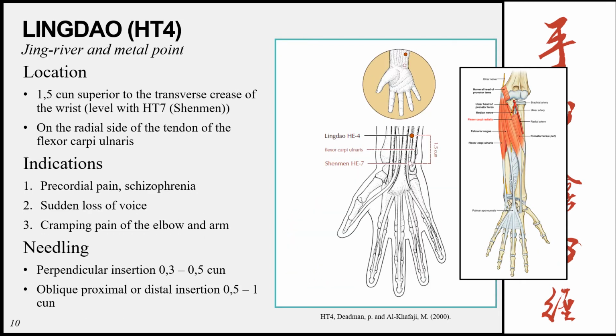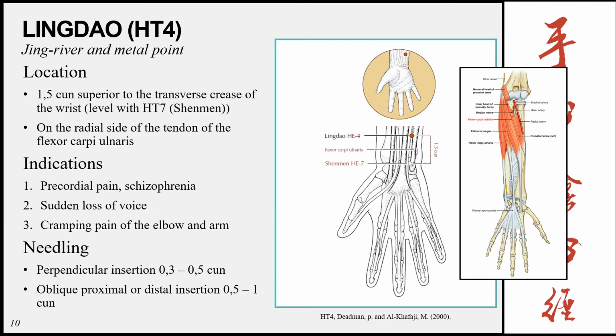The next point is LINGDAO, heart 4. This is the Jing River and metal point of the meridian, and it is located 1.5 tsun above the transverse crease of the wrist, level with heart 7, SHENMEN, and it's on the radial side of the tendon of the flexor carpi ulnaris. What you do when you're locating heart 4, heart 5, and heart 6 is you first need